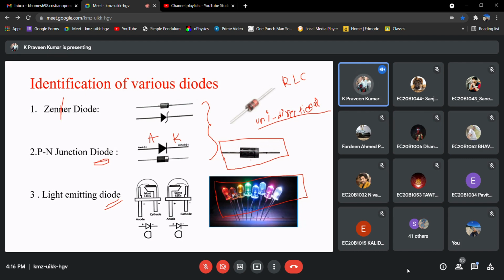If you observe here, there is a shaded portion. The terminal connected to that portion is the cathode and the other terminal is the anode. Similarly in the case of the Zener diode also, wherever that shaded portion is, that is the cathode and the other one is the anode. Right?